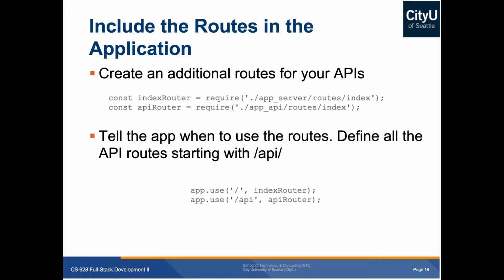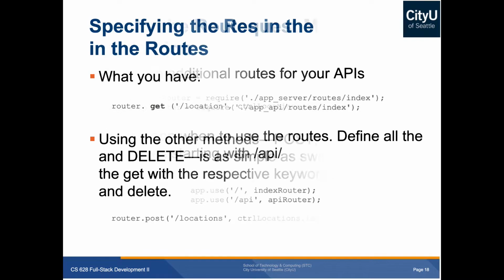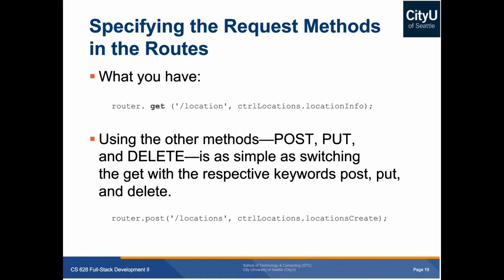It's the app_API. And you would also define which router to go to when it starts with /API. So it's like a catch-all for all /API. Okay. So specifying a router after you created a router object,